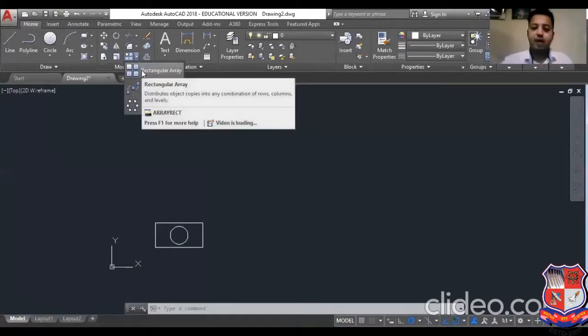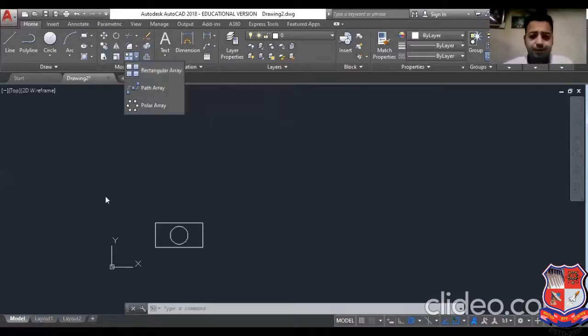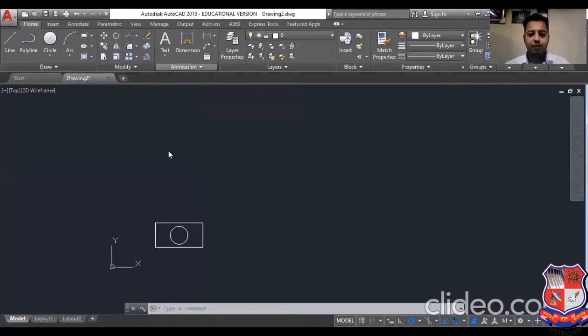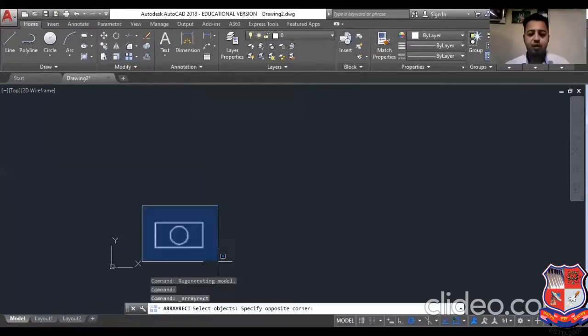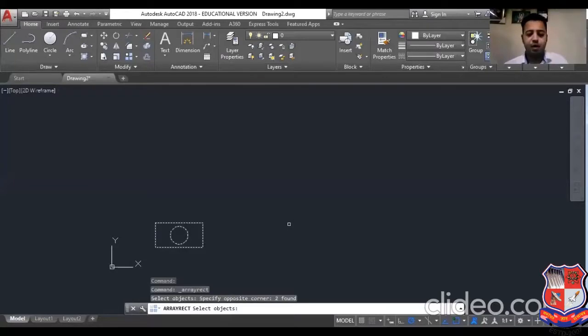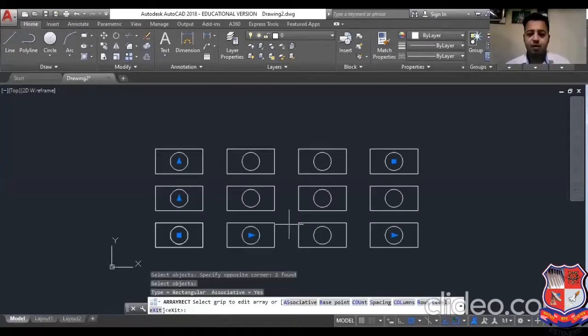In rectangular array, you have to select the object first. So click on the rectangular array. It will ask me to select the object. You can see on the command prompt, select the object and enter. If you enter the command, then it will ask me for